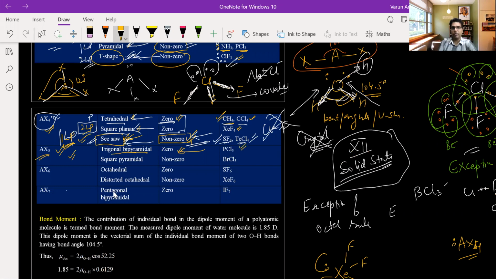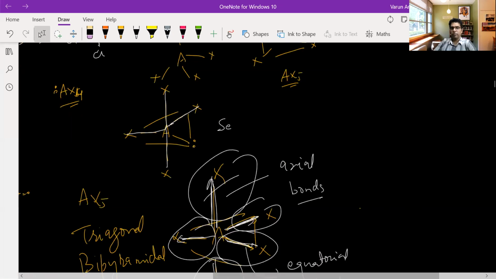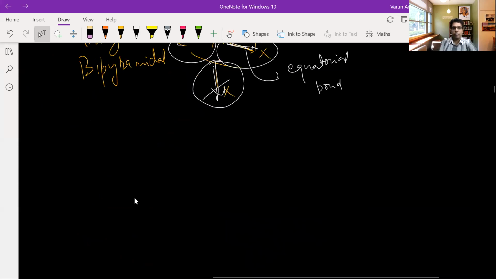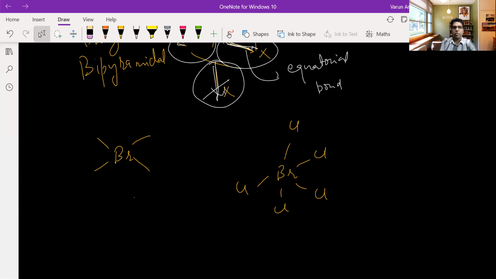Example, PCl5. Now, if the dipole moment is non-zero, the shape will be square pyramidal. Example is BrCl5. So basically if you see BrCl5, there are 5 chlorine atoms. Bromine has 7 electrons. 5 electrons are in bonding and 2 electrons are in the form of a lone pair. So BrCl5 will have one lone pair